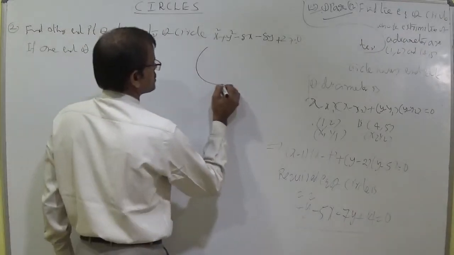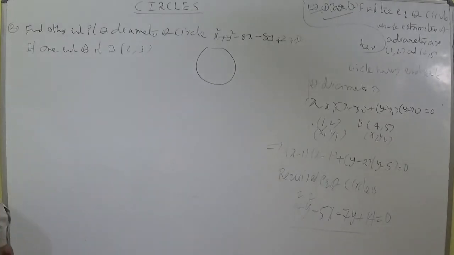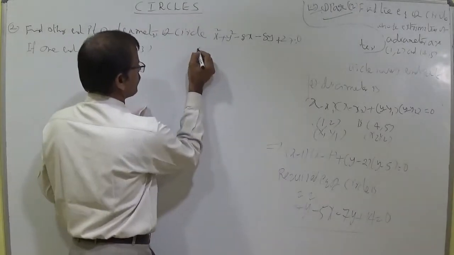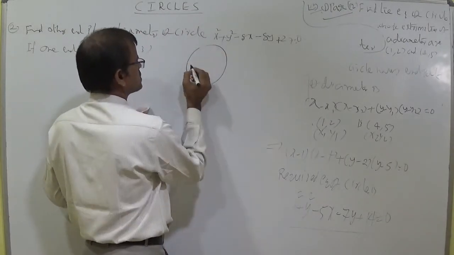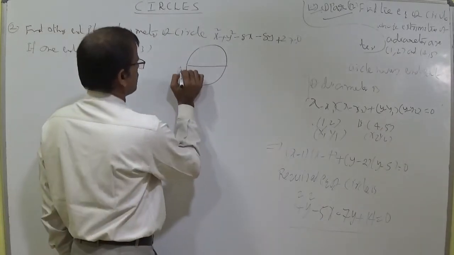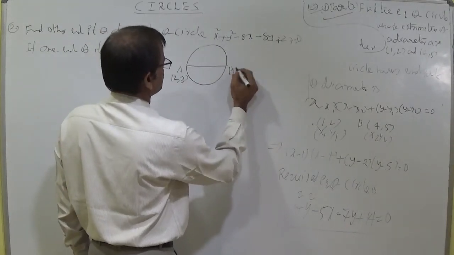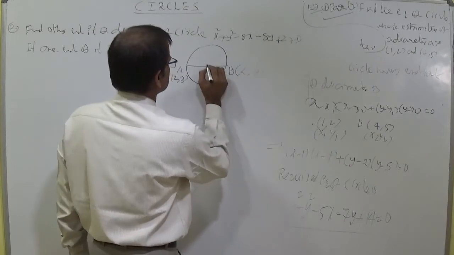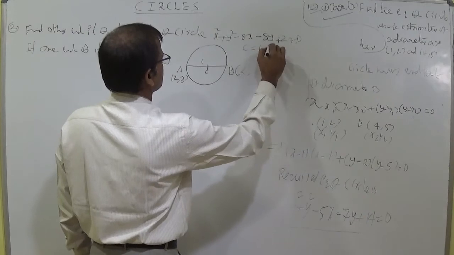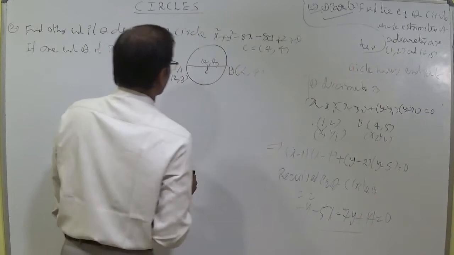Student, you should try to understand the end points of a diameter. We should calculate the end point of the diameter if one end is given. The diameter is the longest chord passing through the center point. Let here A be (2, 3). Let the other end point be (alpha, beta). The center of the circle is (minus g, minus f), so here it is (4, 4). You can write it.